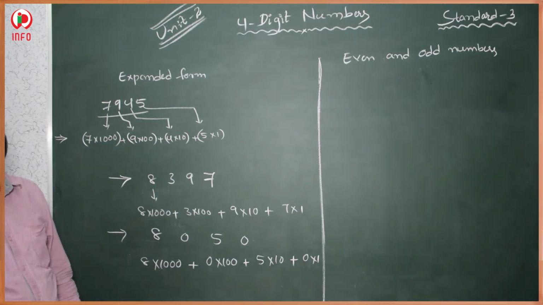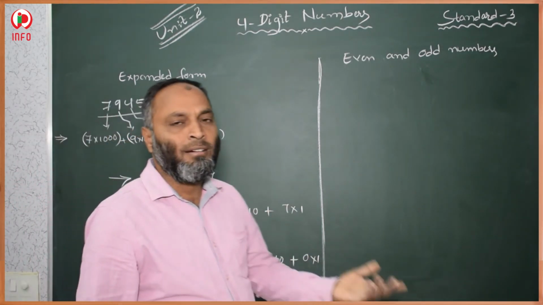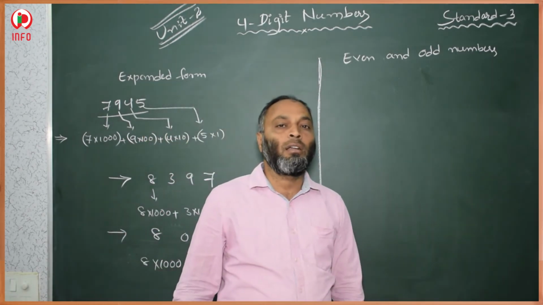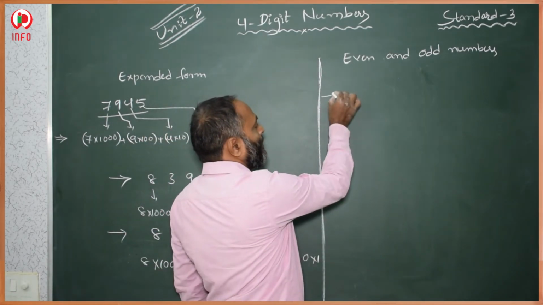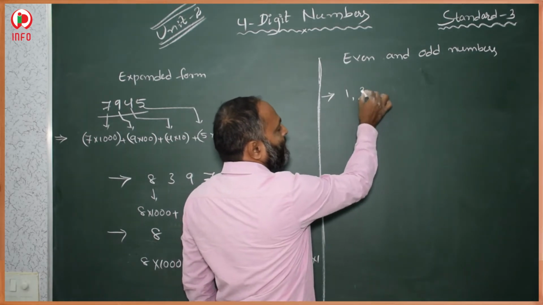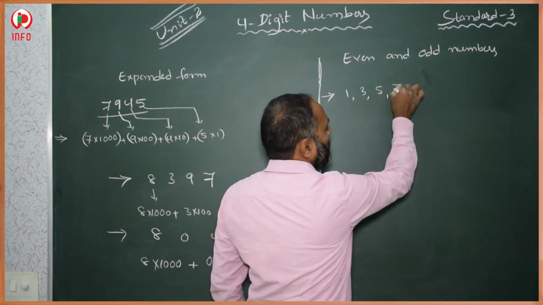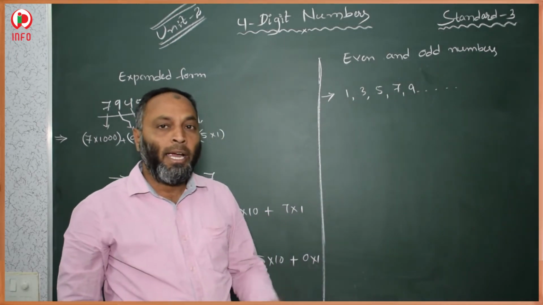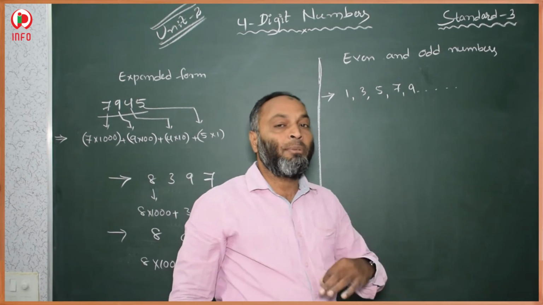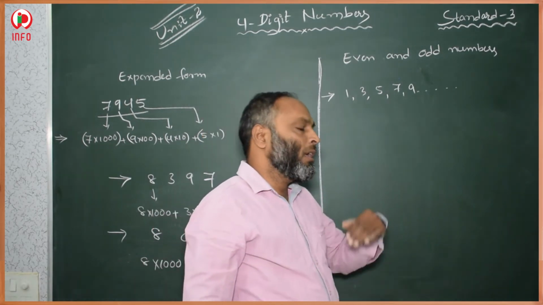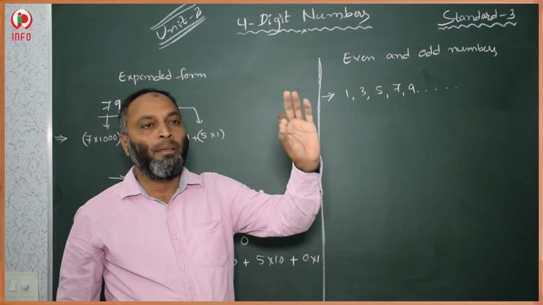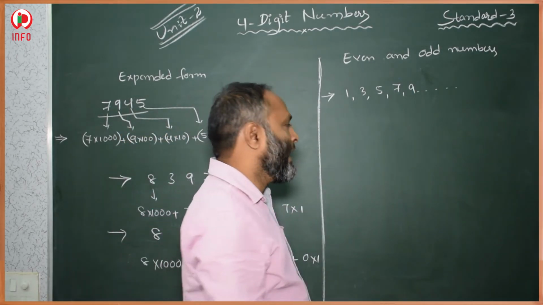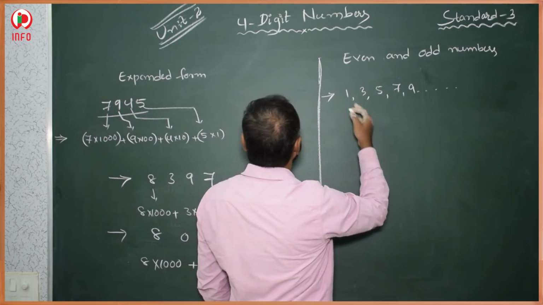Then after that, even numbers and odd numbers. What is the concept of even numbers and odd numbers? Which numbers are even numbers and which numbers are odd numbers? Here, 1, 3, 5, 7, 9. All these numbers are odd numbers. And which type of numbers are odd numbers? Whatever the number is, if the digit in the units place is odd, then that is an odd number. For example, a 4-digit number,